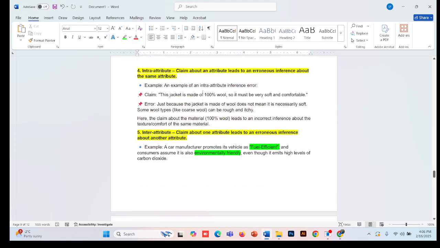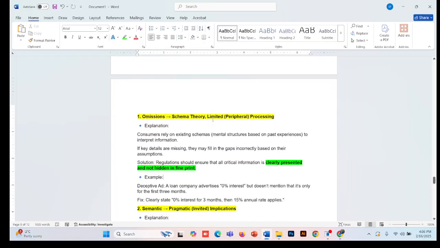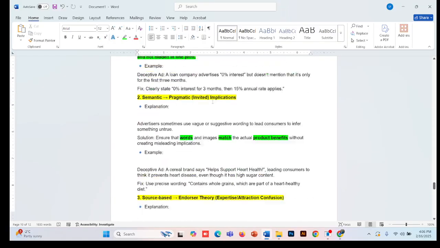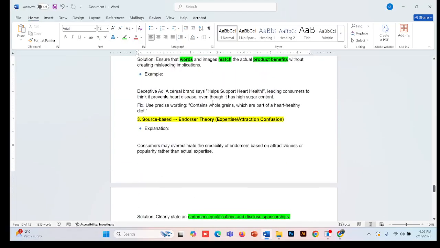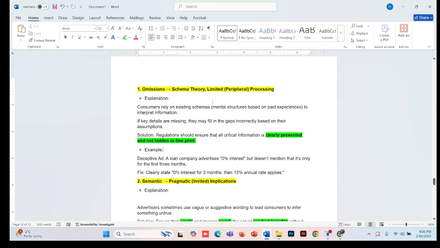However, we can mitigate this deception in many different ways. So here some solutions are given. So let's have a look at it. The first one, omission, schema theory. Through schema theory, you can address this challenge,